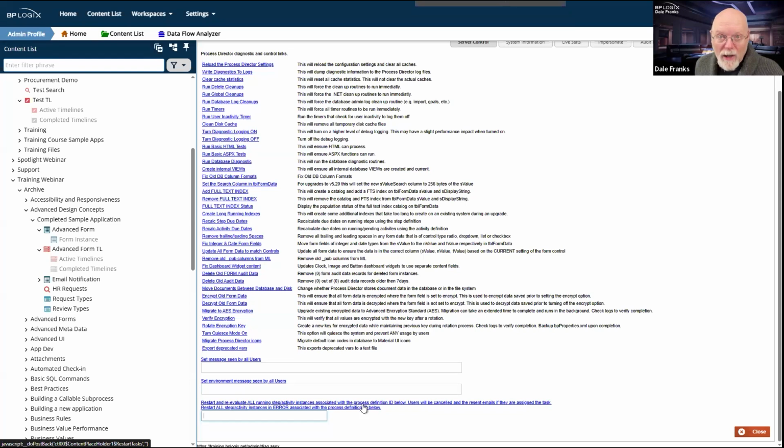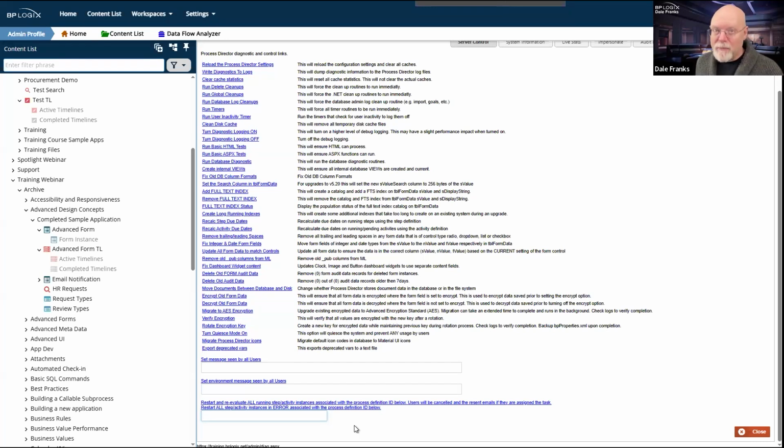However, if you have processes in error and you have the process ID, which you would get from debug mode, then you can go to the server control page, copy that process ID, drop it in here, and then click this link and it will just restart all of the running step and activity instances. And it will restart all activity instances in error. And basically it's a fresh restart for everything.